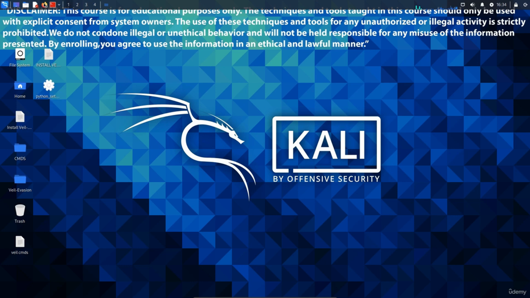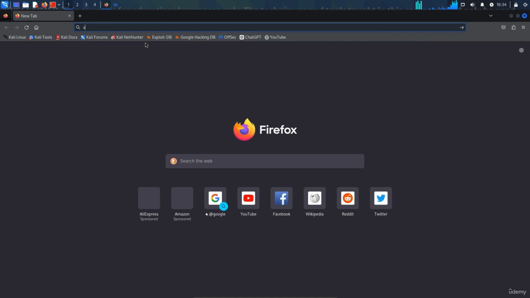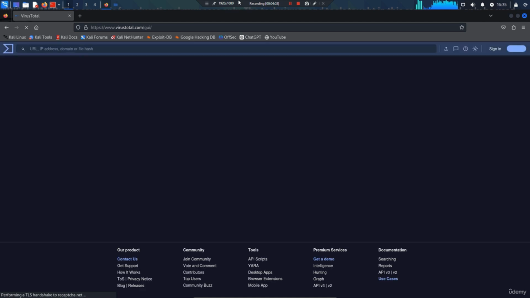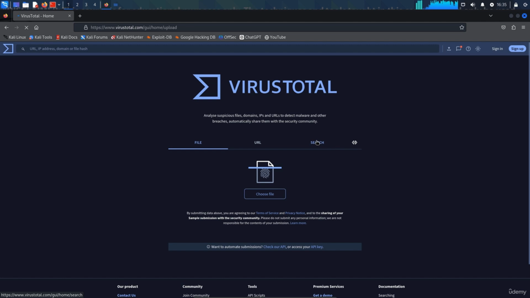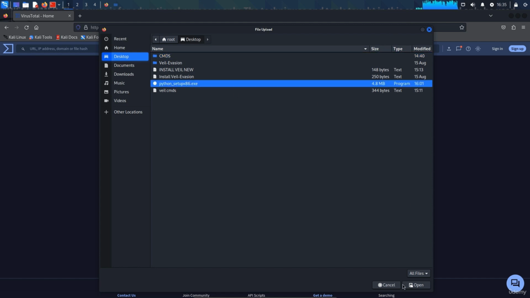Open up VirusTotal. It might detect or it may not detect, so let us go ahead and give it a try. I think it might detect. Mostly Python setups are not detected, but let's go ahead and test. But if you try to attack the victim, 98% of the time Windows Defender may not detect it, but Avast or Norton or McAfee might detect it. The maximum file size is 650 MB. Hit open